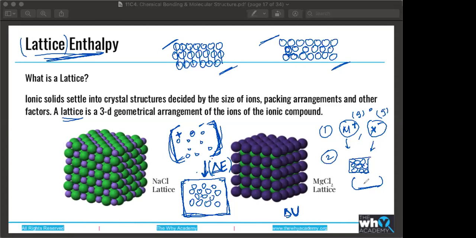Basically, internal energy is this: all matter is made up of atoms and particles, right? These atoms and particles are vibrating, moving with some energy, so they have kinetic energy associated with them. That's the kinetic theory of gases. Even solids and liquids have it. They can't move, so they don't have translational kinetic energy, but they definitely have vibrational kinetic energy. They're constantly moving. So it's the sum total of all of these energies that the particles themselves have.